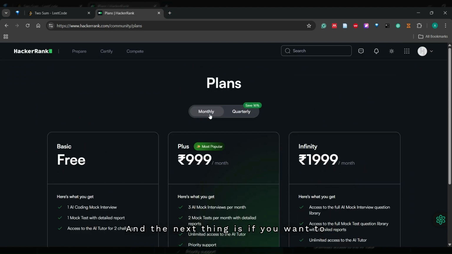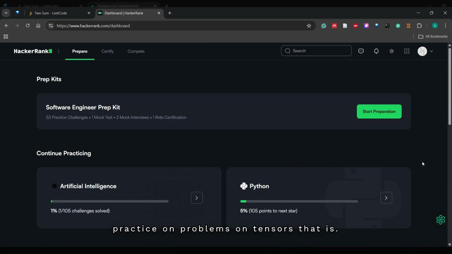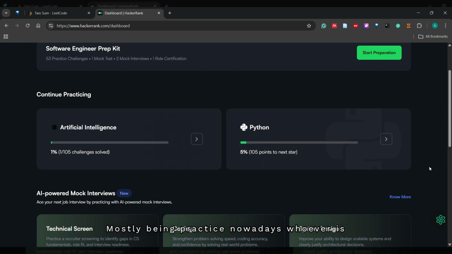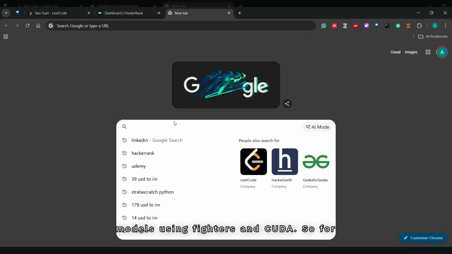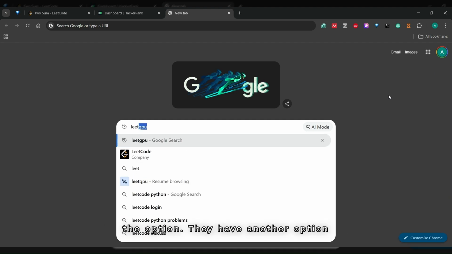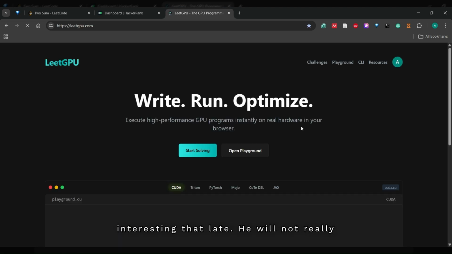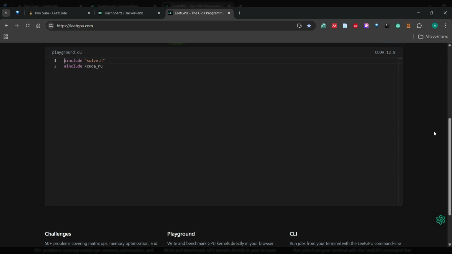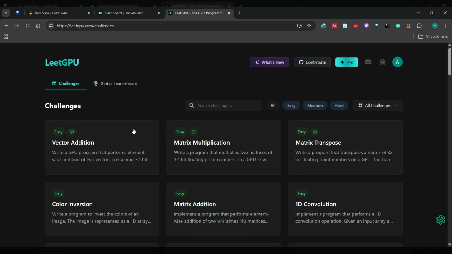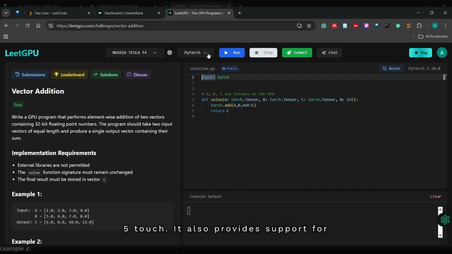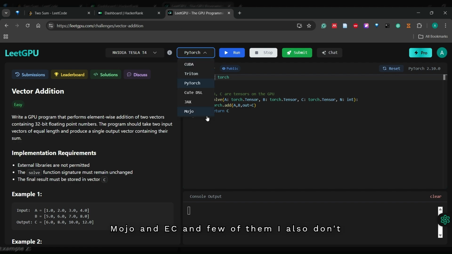The next thing is, if you want to practice problems on tensors, which is mostly being practiced nowadays by whoever is working with LLMs or computer vision models using PyTorch and CUDA, then neither LeetCode nor HackerRank is the option. They have another option called LeetGPU, and it's really interesting that LeetGPU not only provides support for PyTorch, it also provides support for other languages like CUDA, Triton, JAX, Mojo, and so on. A few of them I also don't know about, but the most favorite is PyTorch, which is particularly